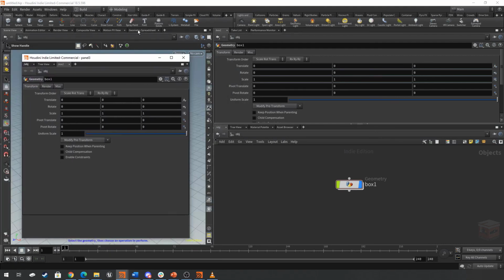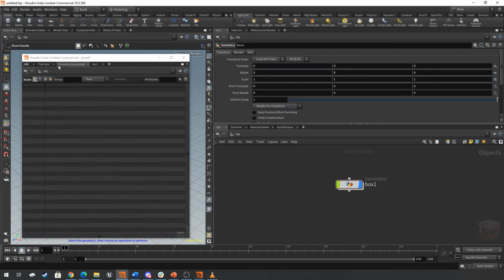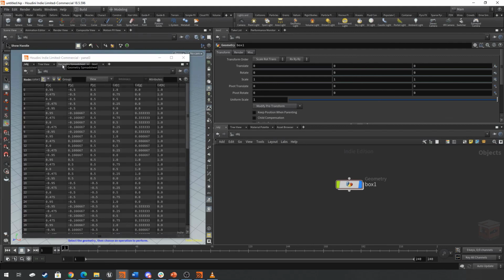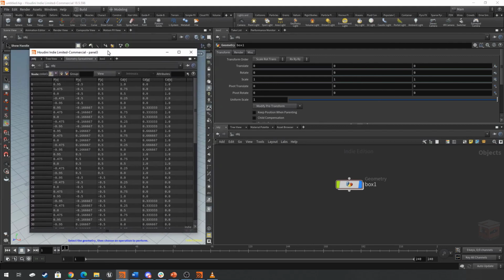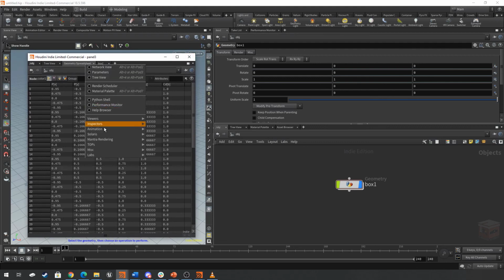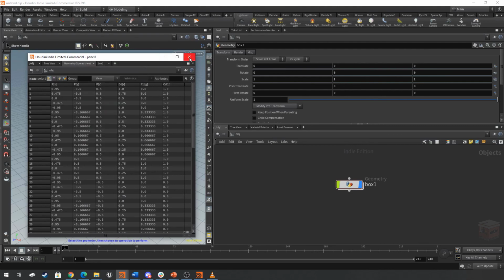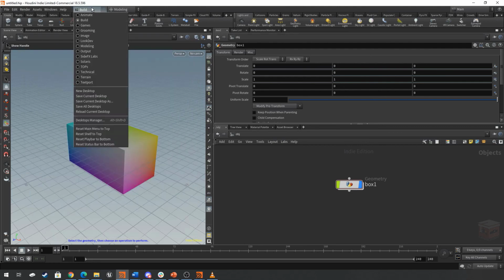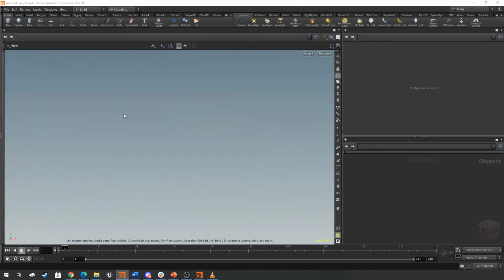Another thing we can do is grab individual tabs from different panels and move those between the panels. So in this case, I can grab my geometry spreadsheet and drag it to my new floating panel. Or I can close it altogether if I want. So go ahead and experiment with this. If you ever get lost, again, go up here, click Reload Current Desktop, and it should reset the layout of